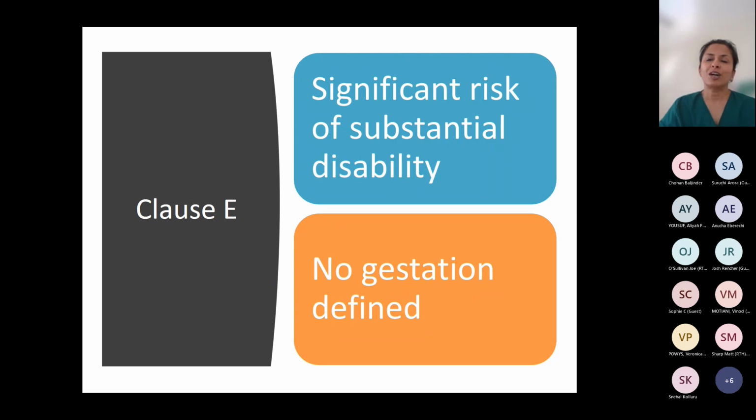There is no defined gestation, note that, although traditionally 24 weeks is considered to be the gestation before which termination is offered. But that gestation is for other clauses more than for clause E. So if there is a significant risk of substantial disability, a termination of pregnancy would be offered. But beyond 24 weeks,